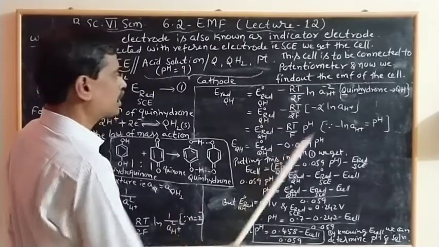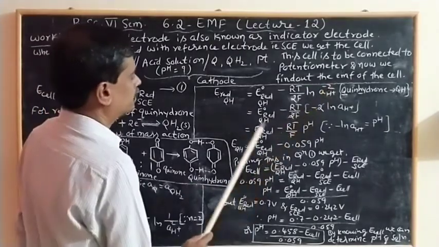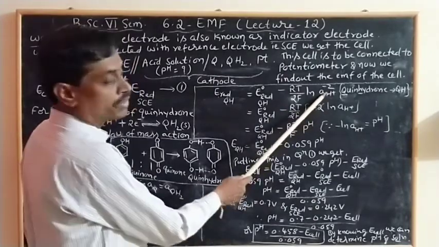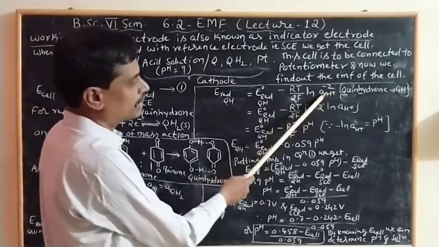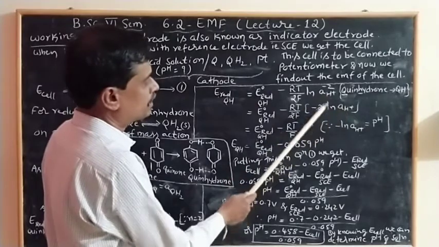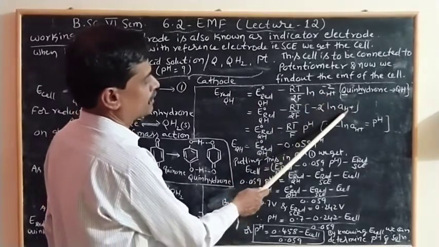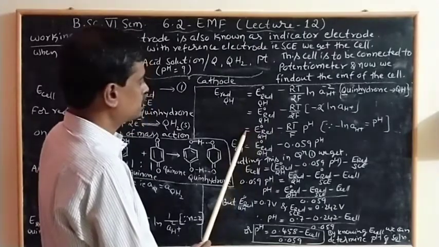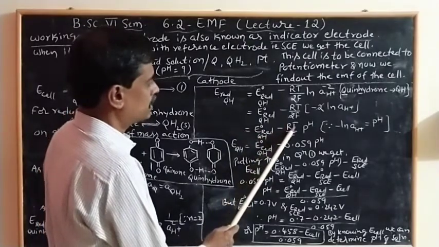This is taken to the numerator, it becomes minus 2 here. Then E reduced QH is equal to E naught reduced QH minus RT by 2F, and we can apply one of the important laws of logarithms. So it becomes minus 2 into ln a H plus. So the 2 gets cancelled. After simplification we get E naught reduced QH minus RT by